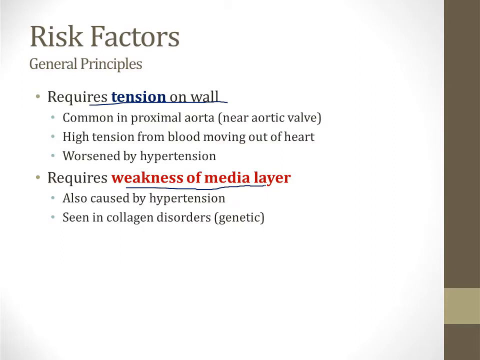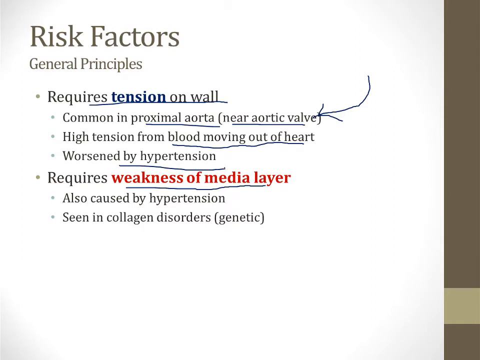You need tension on the wall of the aorta, and you need weakness of that very important medial layer. The tension in the aorta is very high in the proximal aorta, right near the aortic valve, and in fact, this is where most aortic dissections occur. The reason the tension is highest here is because blood is being pushed out of the heart, and that creates very high tension in that section of the aorta. In addition, this is worsened by hypertension, and as we will see, hypertension is a very important risk factor for